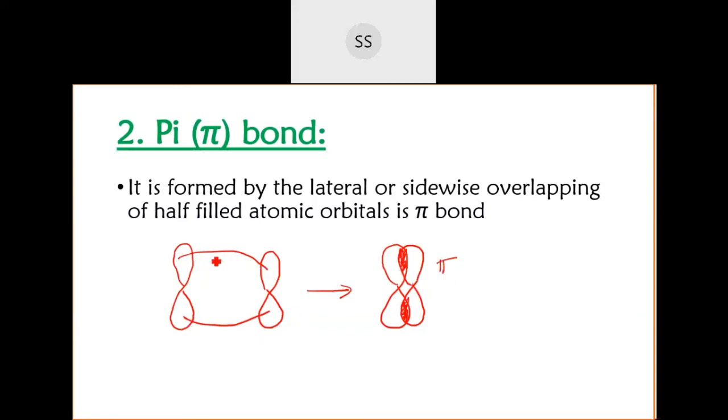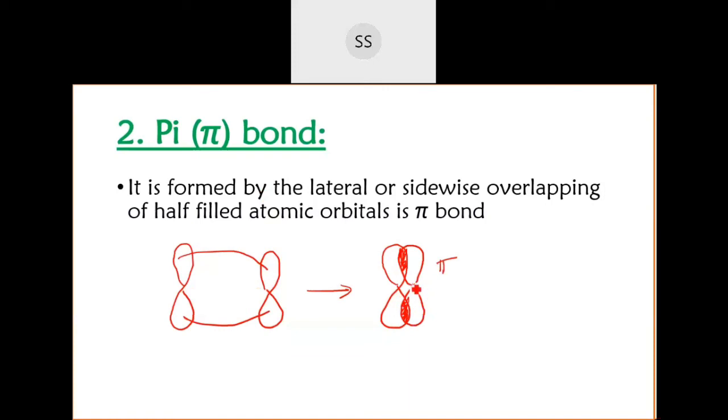So when you fuse two, remember it's only one bond which is formed. This bond is called a pi bond. So lateral overlapping, perpendicular to the axis. Sideways overlapping also we can call it. Lateral overlapping, sideways overlapping, or perpendicular to the internuclear axis, if the orbitals are combining, then such a bond is called a pi bond. Now remember, the pi bond which is formed is usually weaker compared to the sigma bond. Sigma bond is always stronger.